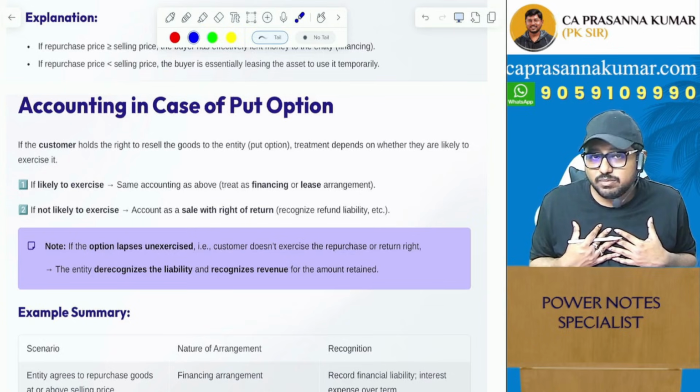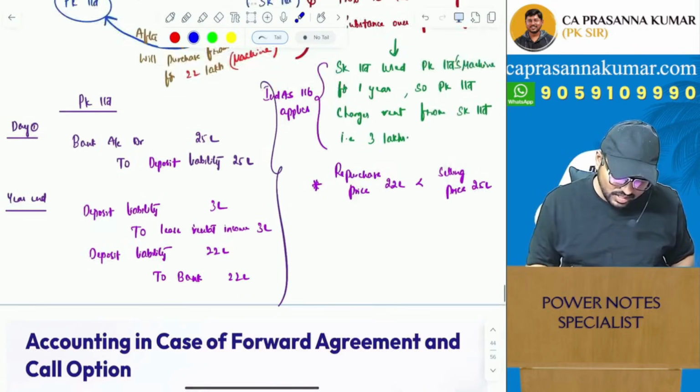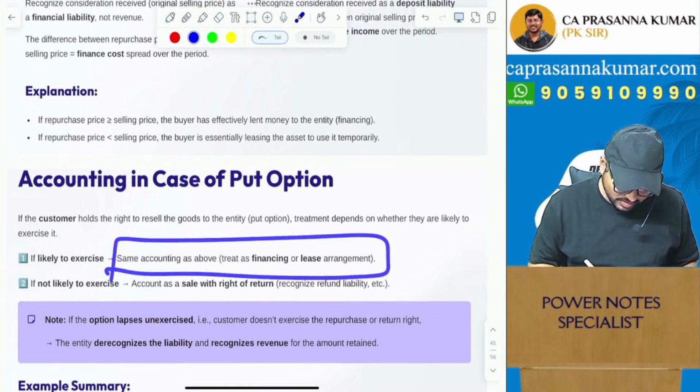then you have to look into the repurchase price. If it is greater than the selling price, it can be a financing arrangement. In that case, the accounting will be like this. If it is less than, then it will be like a lease arrangement. So the accounting will be the same. That's what we have written here. However,